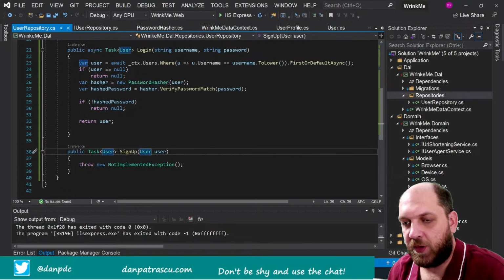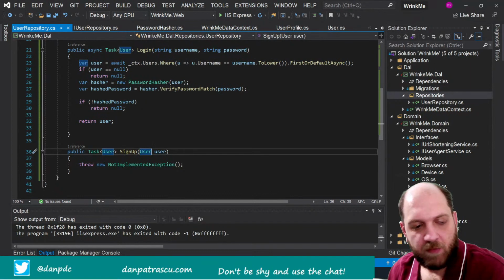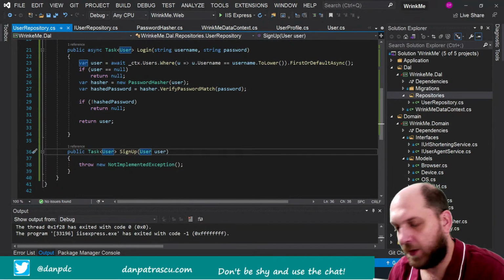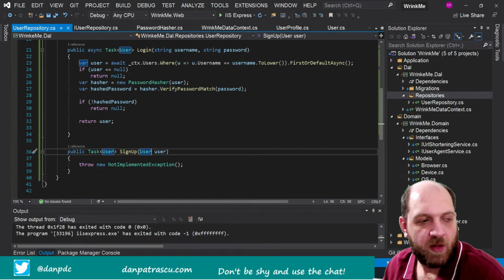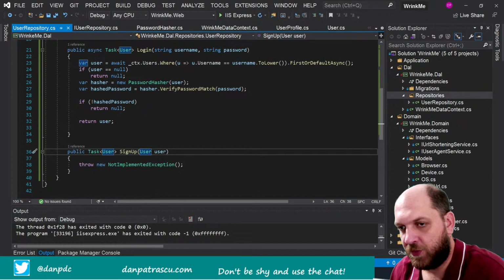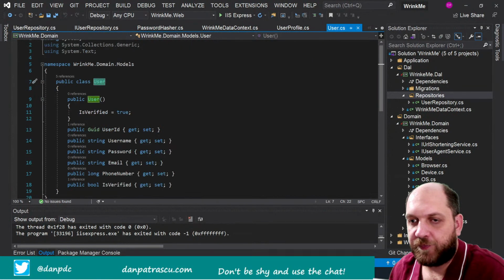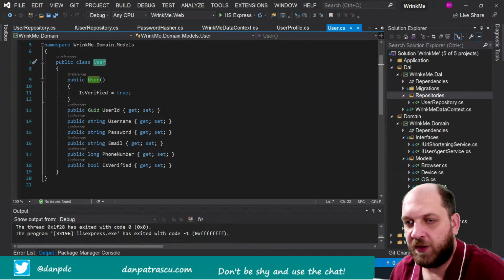My idea is right now, should we get here a user object, because that would mean that whoever actually, I don't know, would consume this repository would have to create this user first, and take care about, I don't know, maybe validation that we want to do, or things like that. And I don't really want for this to happen in the application layer. So my question is, should we actually